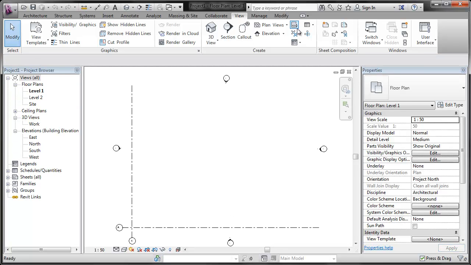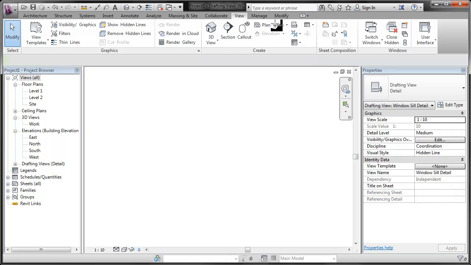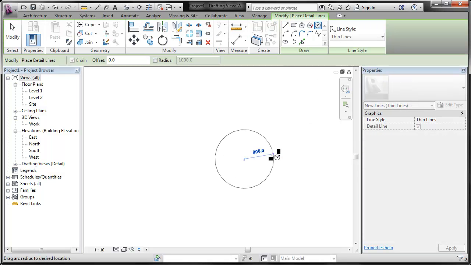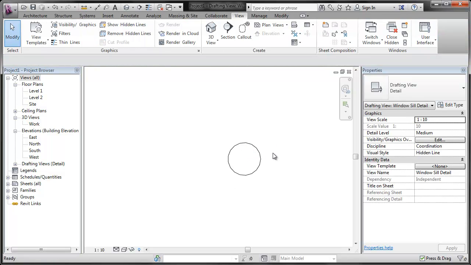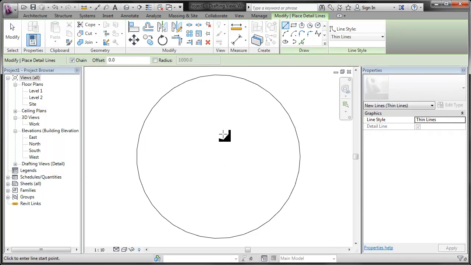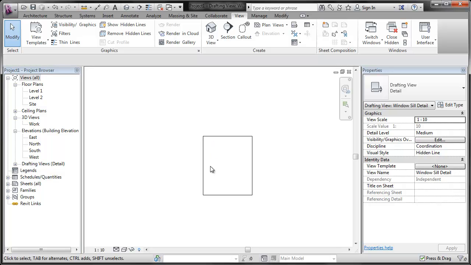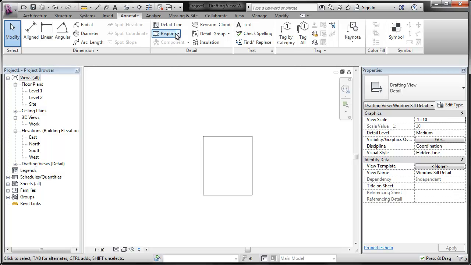Like before, we want to make up a drafting view. And just for guidance, we're just going to make a circle. Okay, so the first thing we want to do is start drawing up the detail. So there's lots of different ways of doing it. First thing I'm going to do is just make some bits for it. It's going to be basically the sill, and let's come into annotate, and what we're going to do